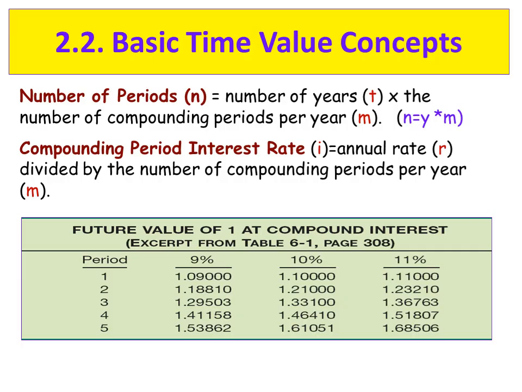So P is the principal, or present value, that is 1, in the bracket 1 plus the rate 0.09. The period is 1, so it becomes